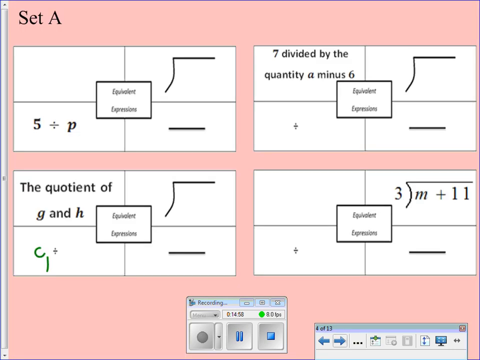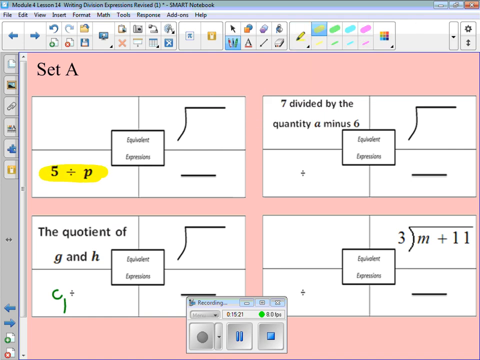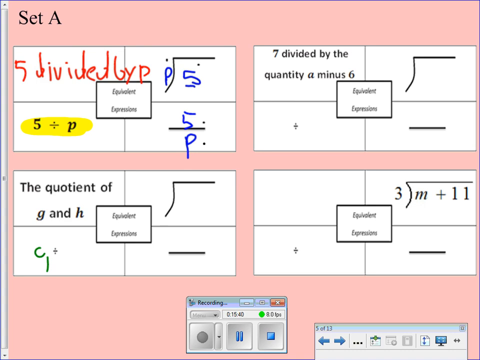So, the first 4 boxes from your note sheet on the set A side I have on the board. So turn to the front of your notes. The top half of set A is on the board. The first one has the division symbol already filled in. So if you think you have the equivalent expressions for that, come on up. They all go in the same order. 5 divided by P. With the house, you either want to read it backwards, 5 divided by P, or think this one's opposite, P